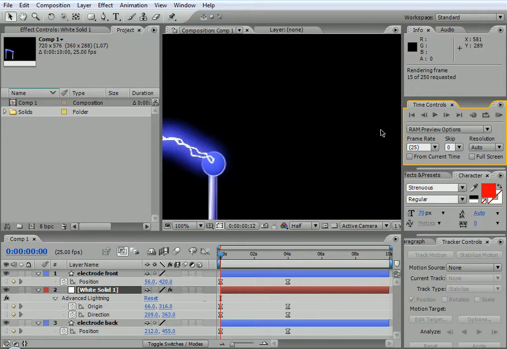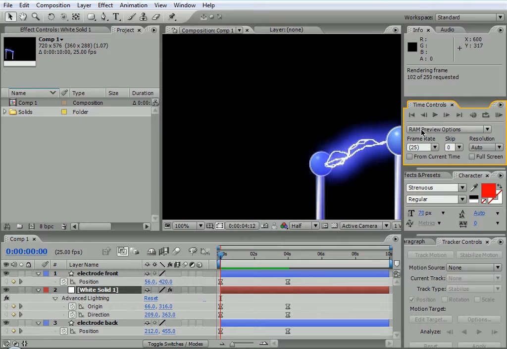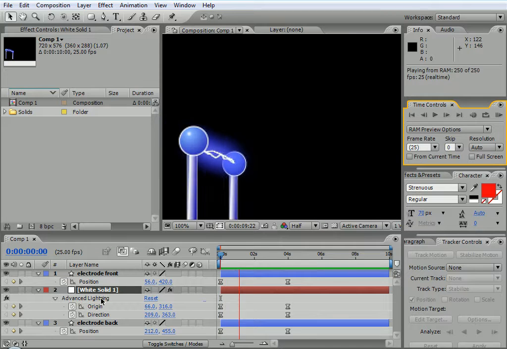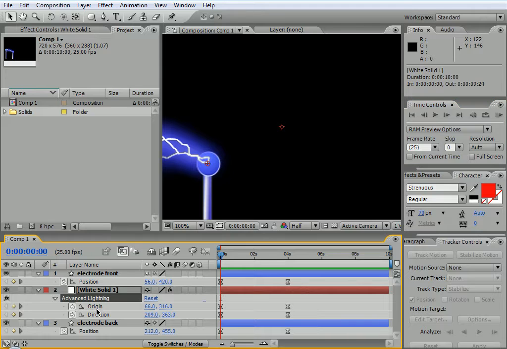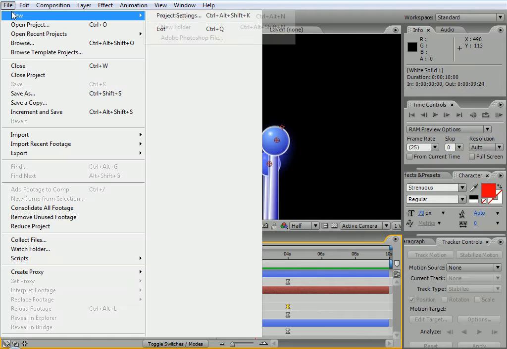Okay, so here I have this effect where I have two electrodes with an electric field between them. The electric field is applied through a filter, or an effect, called Advanced Lightning. And here I animated the origin and the direction so that both ends of the electric field follow the two electrodes. So I'm going to start a new project,